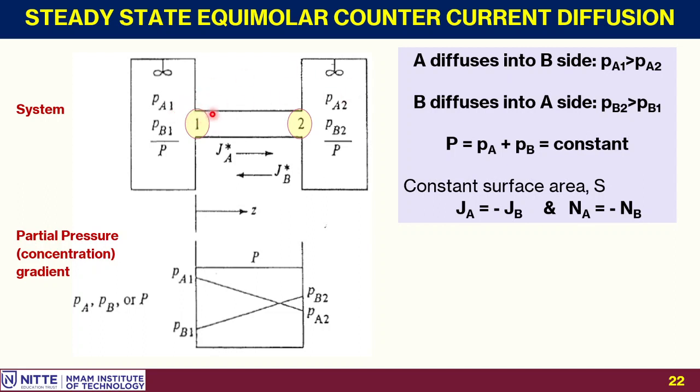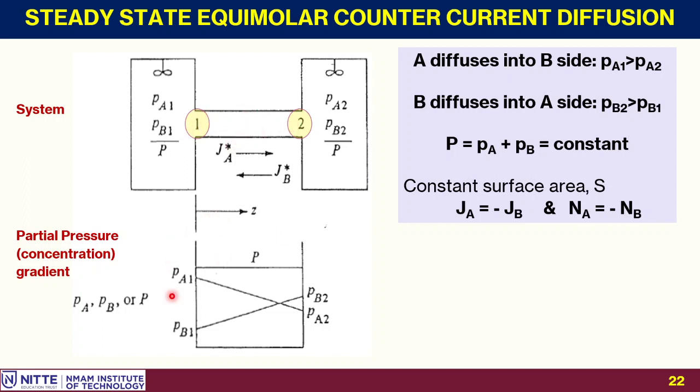So these two systems are connected through a cylindrical channel. The entrance of container 1, I'll call location 1, and the end, which is the entrance for the second container, I'll call location 2. The location 1 and location 2 are at the same pressure, total pressure P. Right now, I have closed the container. It's a cylindrical container of constant cross-sectional area. So I have closed the container entry, so no transfer is taking place.